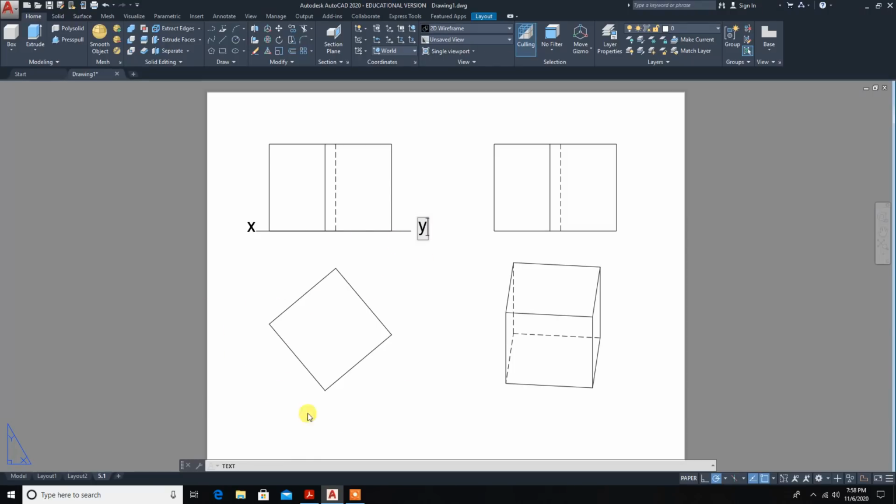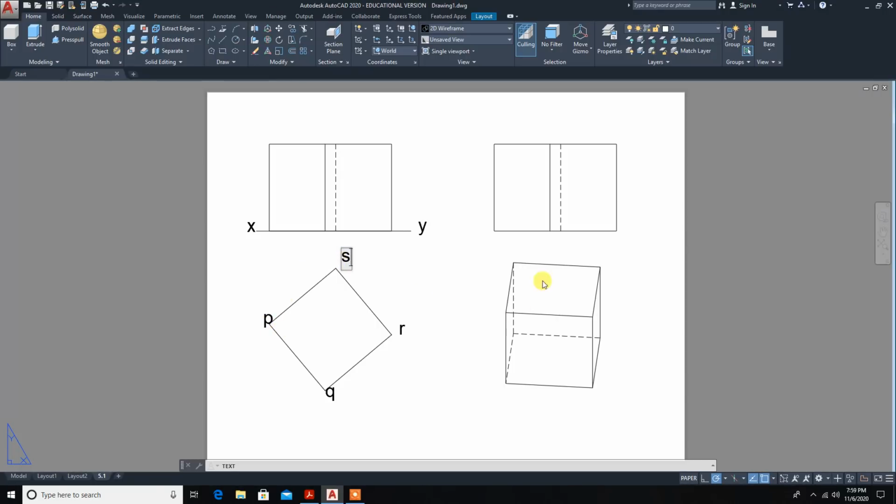Now this is a cube, so it has a top face and a bottom face. For the top face we will give some lettering, and for the bottom face, which is hidden, we have to give the lettering inside brackets. So next to this point we will take P, this point Q, then R, S: PQRS.